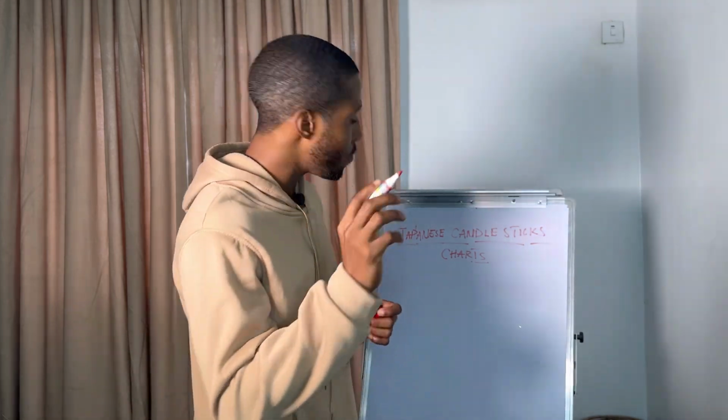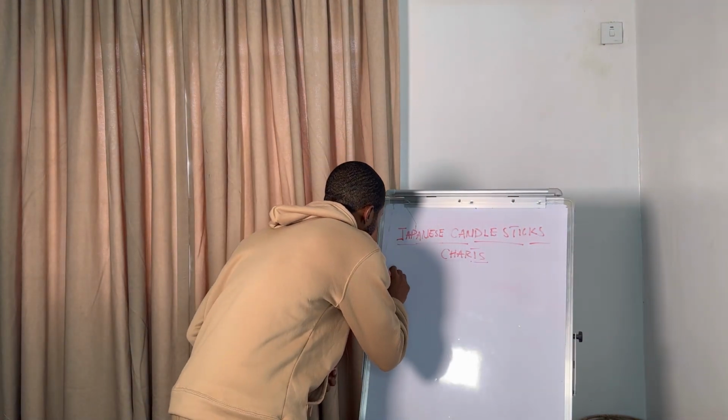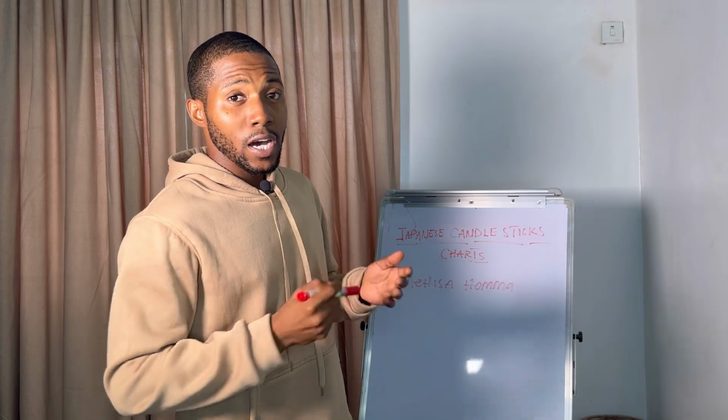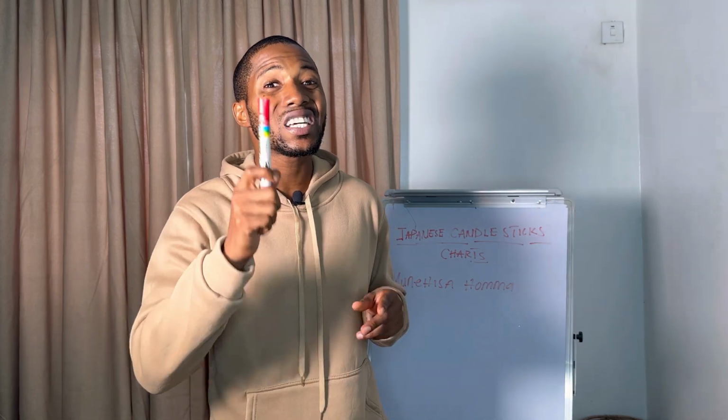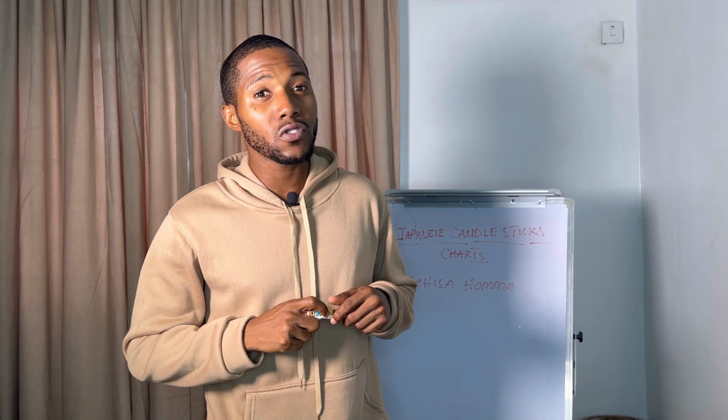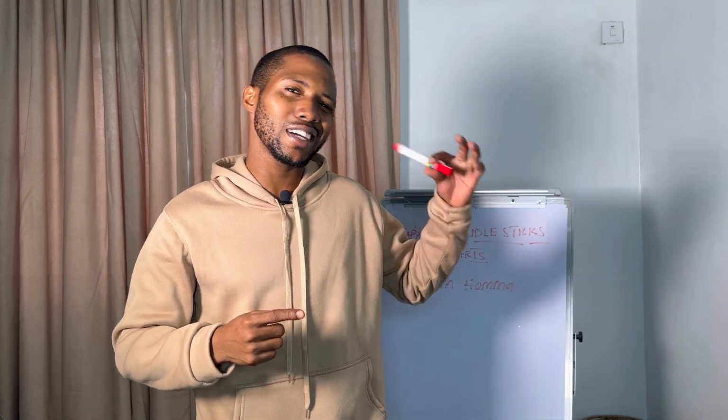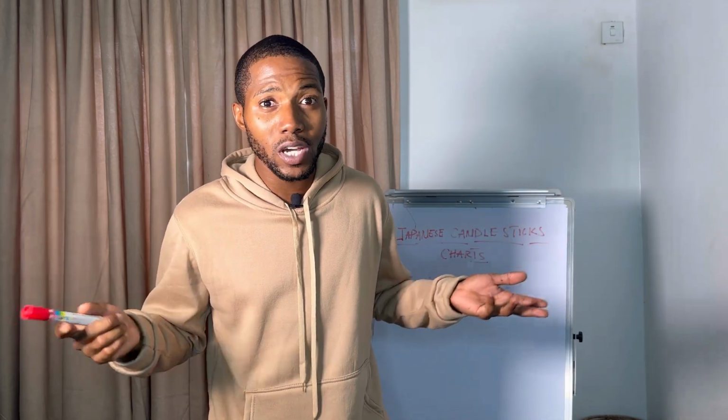Munehisa Homma. Let me write his name for people who don't know. Munehisa Homma was the founder of Japanese candlestick charts way back in the 17th century. So these Japanese people have been using candlestick charts to trade rice since the 17th century, but the Western world didn't get to find out until the late 19th century due to the widespread of personal computers and also banks